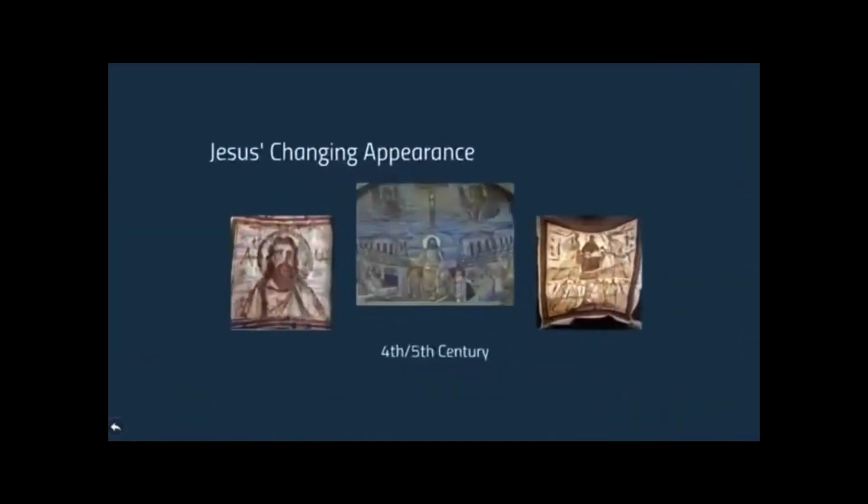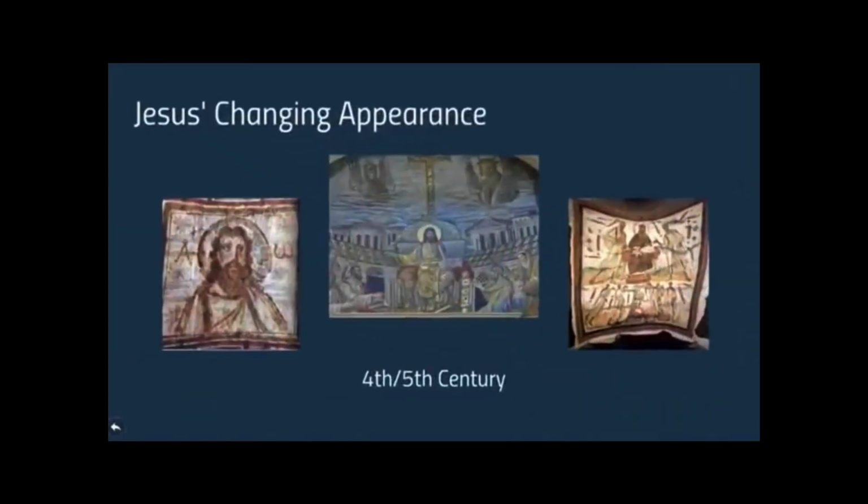As early as the 4th and 5th centuries, we start to see some of the Pantocrator styles come into being. The halo begins to appear and the long hair and beard come into play. But many of the finer details of the face of Jesus are still not consistent or standardized in these early paintings. However, the first truly standardized instances of the Pantocrator, complete with facial details consistent with the others, are the